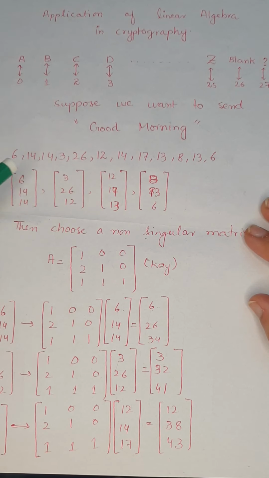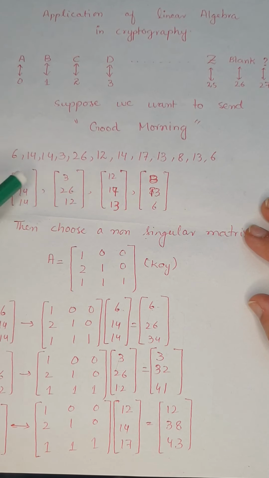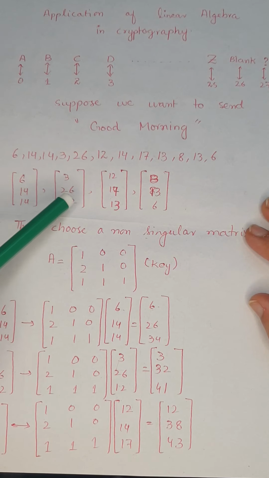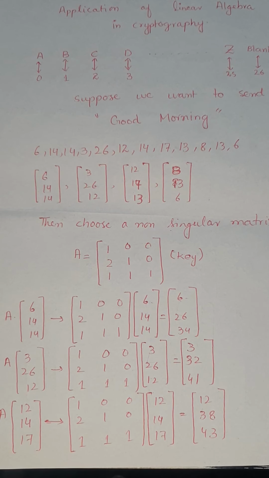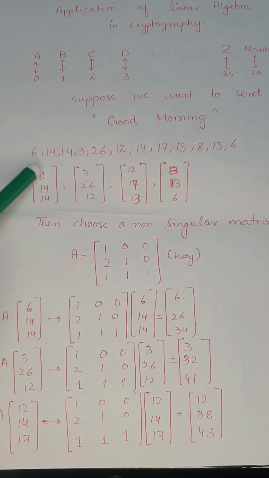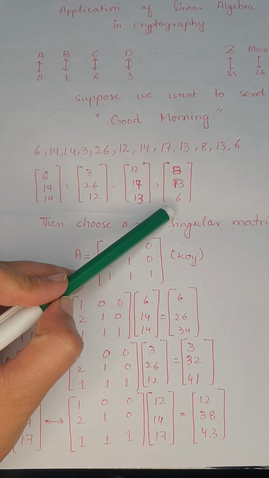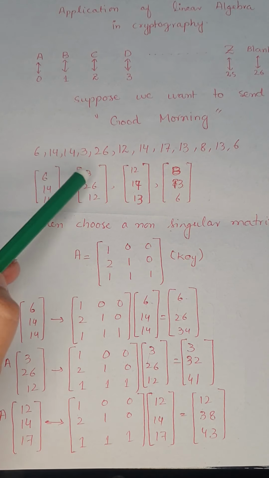After doing that, we have broken this list into column vectors of 3 elements. So we have selected column vectors having 3 entries. We can choose column vectors with more entries, but just to keep our calculation simpler, we have chosen this. The next task is to encrypt these messages. So basically this is my message 1, this is my message 2, message 3, and message 4. Basically I have broken down my original message into smaller vectors.